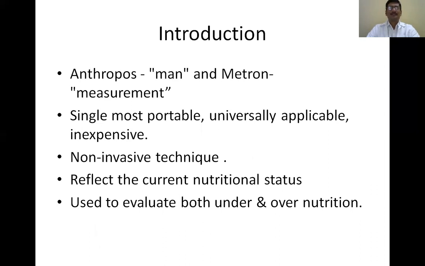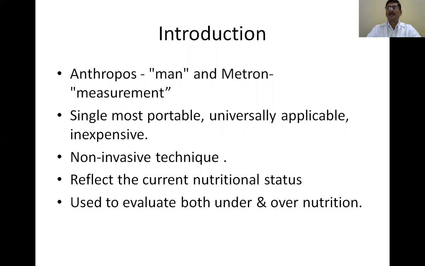Metron means measurements. So anthropometry basically refers to measurement of the different values in human beings. That's the meaning. Of course, in this particular lecture we are more exclusively covering infants and children,